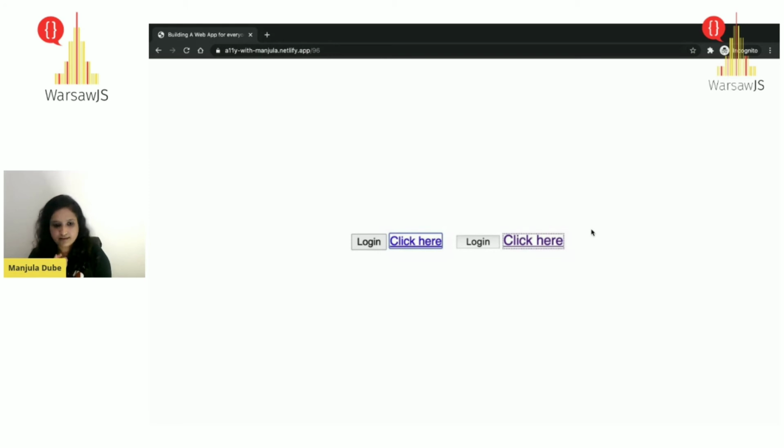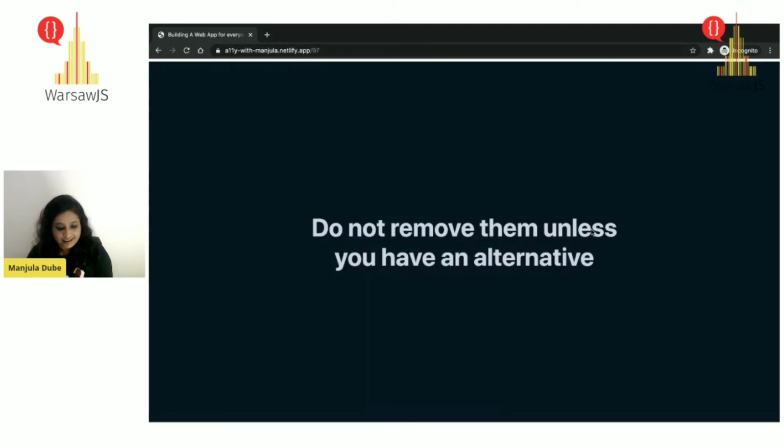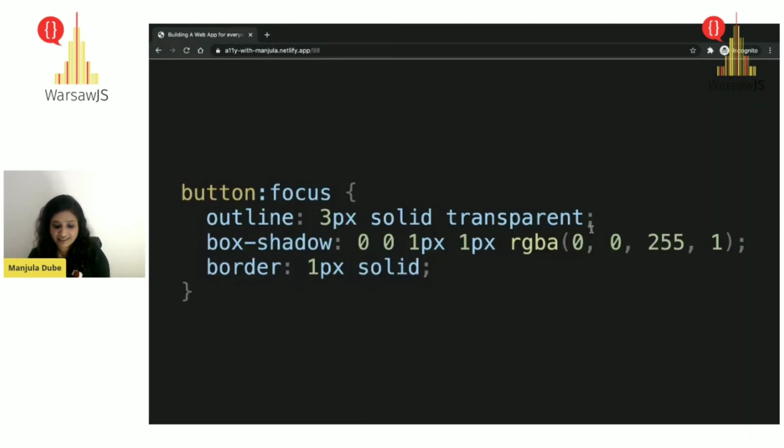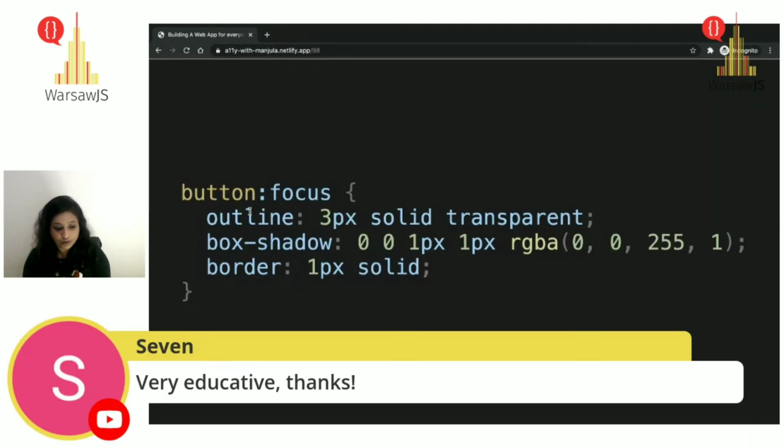And they'll come to you and say, okay, this is how it should look. And you'll be like, okay, let's do it. Removing the outline would help, and some box shadow. But do not remove them unless you have an alternative. And even if you have an alternative, make sure the outline you give is not none, but instead 3px or whatever you want to keep it, and make it transparent, but do not remove it.